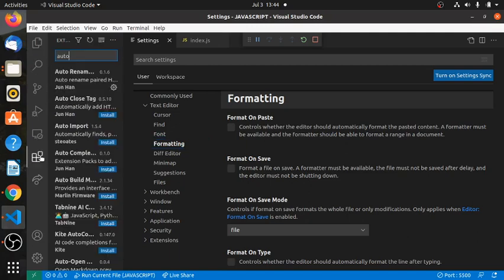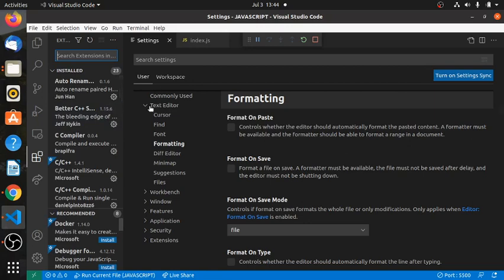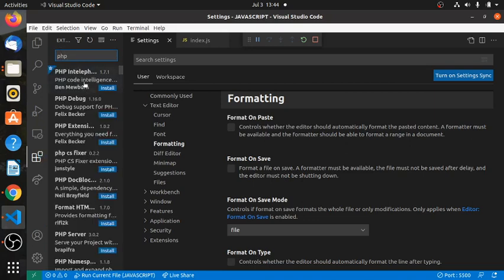So when I click on extensions, there are those I've already installed because I keep using them all the time. For many, you can see C++, C. I have others for, say, PHP. There are those that are already installed. But in case you want certain extensions, you would search the name of the extension or the language, and then